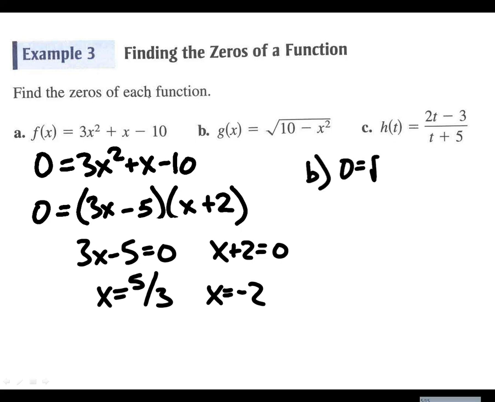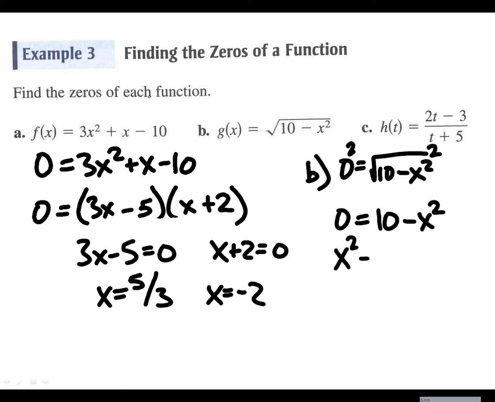0 equals the square root of 10 minus x squared. How would we get rid of the square root? Square it. So we've got 0 equals 10 minus x squared. Bring the x to the other side. X squared equals 10. X equals plus or minus root 10 on this one. Okay? All right, and for c,